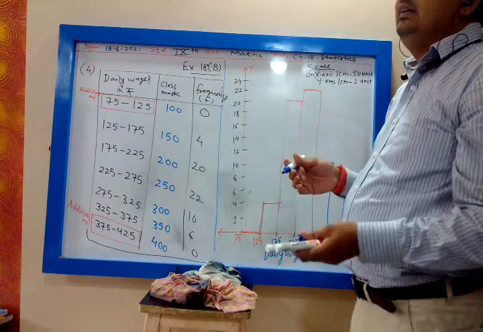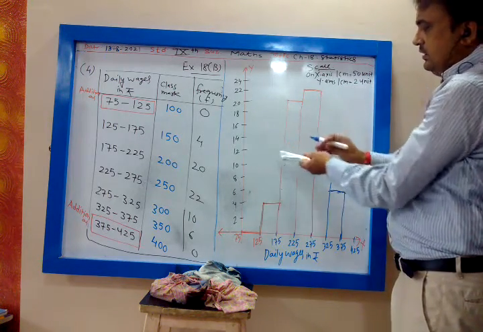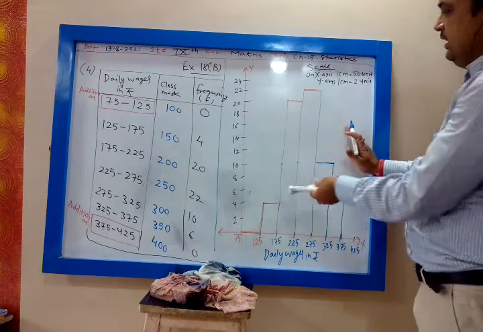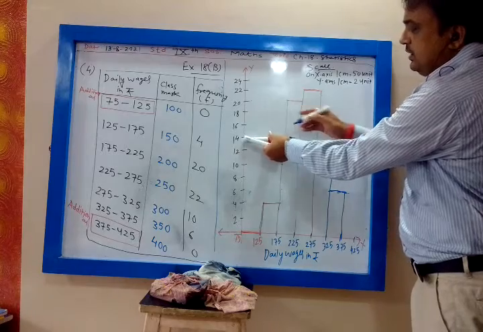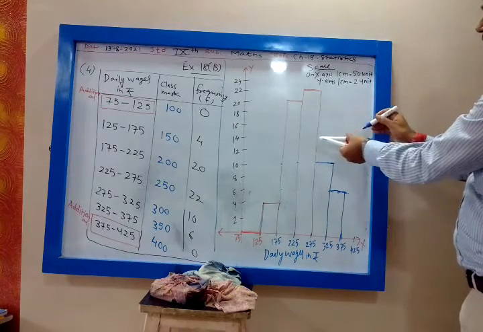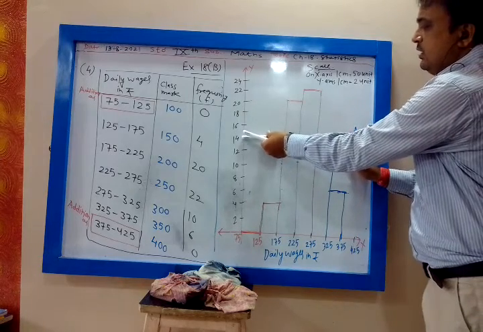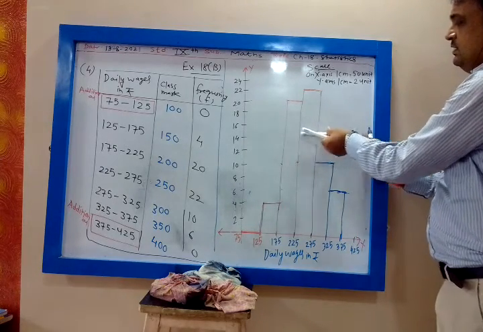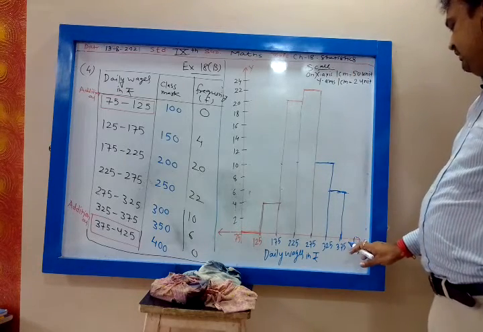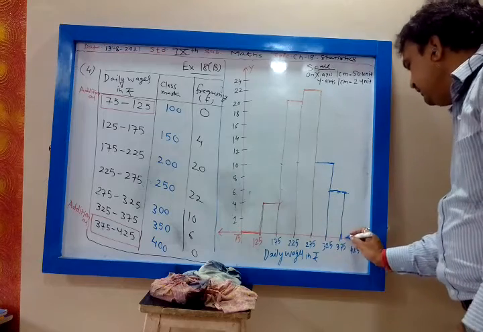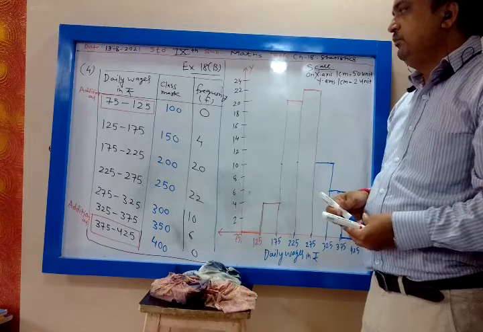My dear, you have to trace the line, so you have to keep the scale, no? Suppose your entry is on this side and the scale is short, then what will you do? That is why I am telling you, draw the dotted line and extend. If the entry is on the extreme right side and the scale is short, then you will move your scale like this. Chances are there of a mistake. Then 375 to 425, frequency 0. So this is the histogram.